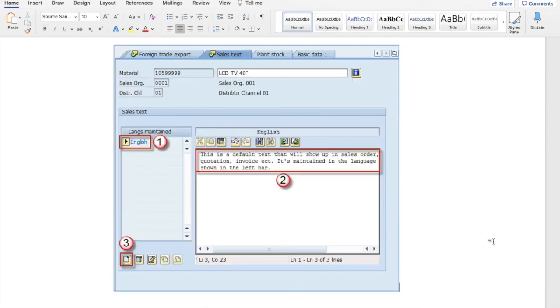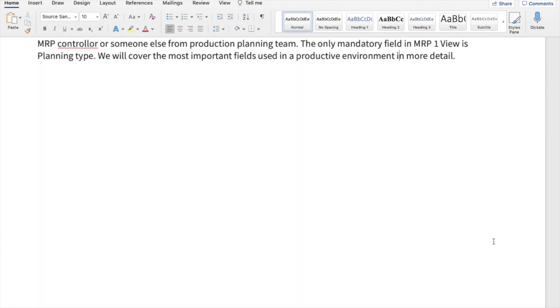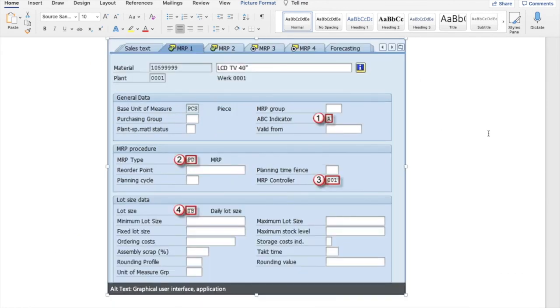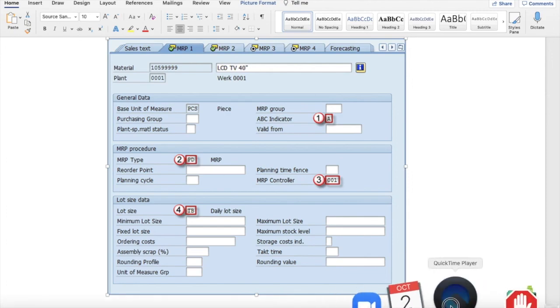Okay, now let's come to the next view, which is another important view. Sorry, I have to make it a little smaller, otherwise you can't see that. This is called the material MRP view. Now before going to the MRP view, because now we are shifting from sales to MRP, I will stop the video here. MRP is material requirements planning, which is for the purpose of procurement and also for manufacturing. So I will stop the video here, and in the next video I will take that portion forward.